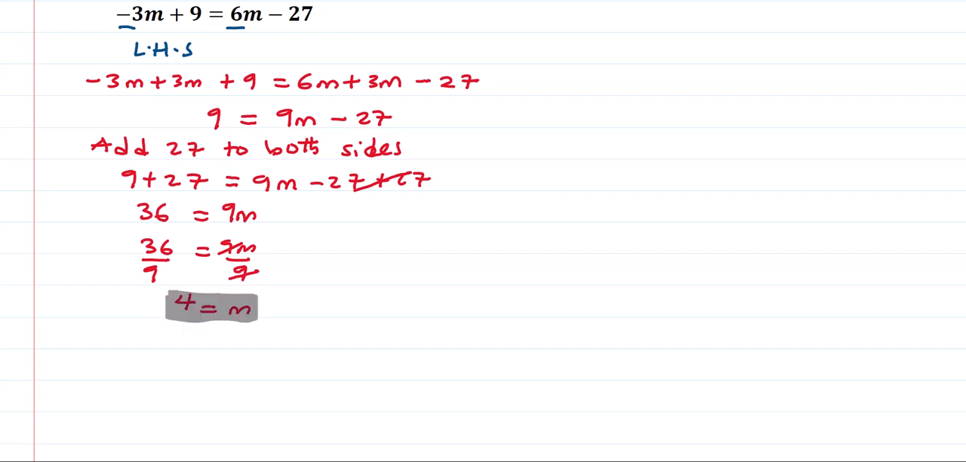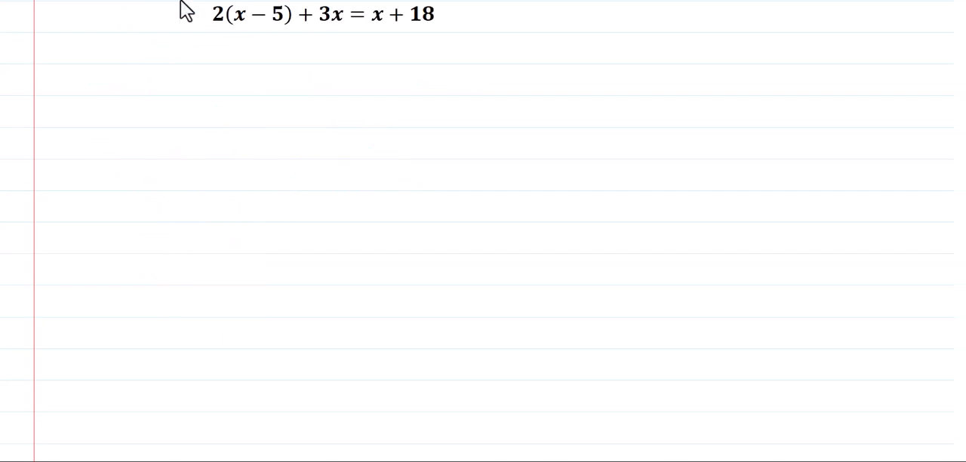4. Okay, this was the first question I asked if you could solve at the beginning of this lesson. So let's go ahead and solve this question. So distributing 2, we have 2 multiplied by x is 2x. I'm just going direct. And then 2 multiplied by negative 5 is negative 10 plus 3x is equal to x